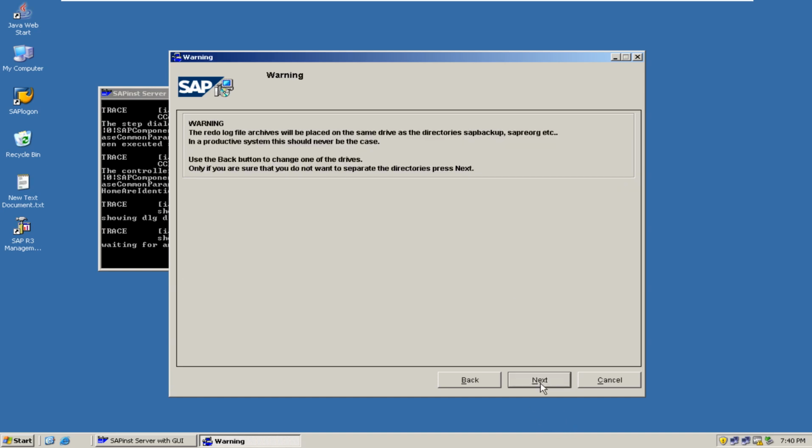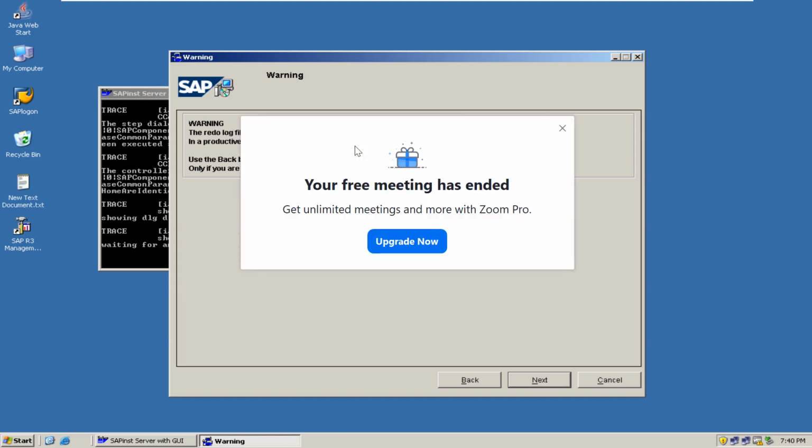So it is giving me the warning. The Redolog files archives will be placed on the same drive as the directory's backup rearc. In a production system, it should never be the case. You should not save all the files at the same location. If you lost your Redolog files, from the archive files you can recover, right? So if you are keeping all the files at the same location, what happens? If your C drive is gone,